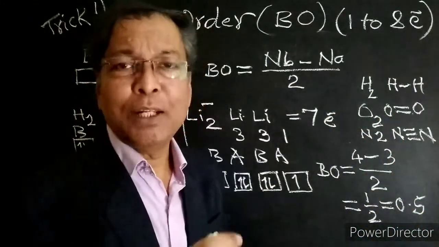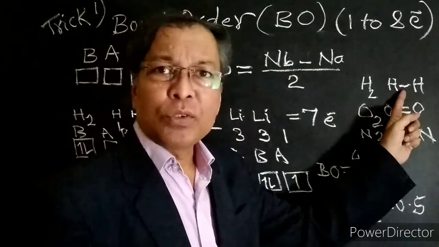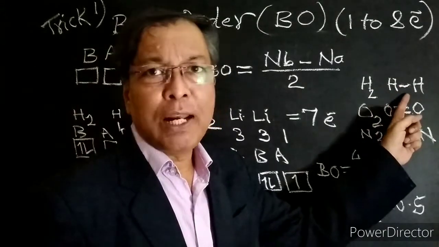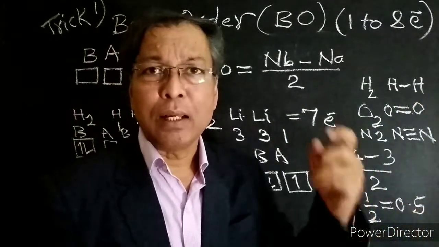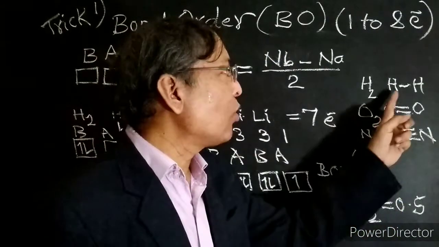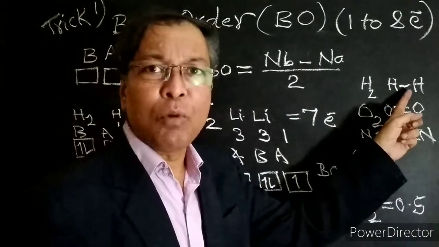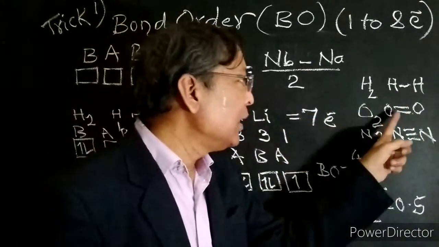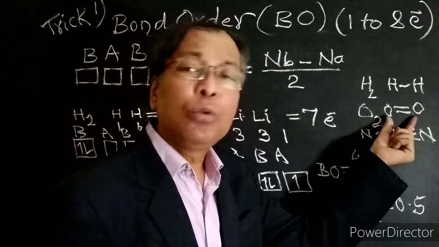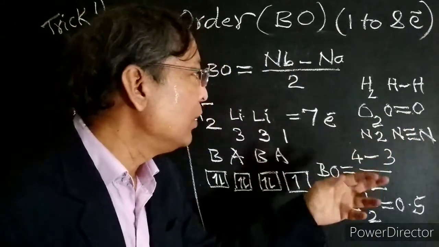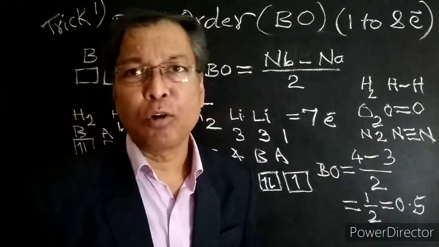If we want to define scientifically what bond order is, we can define it like this: the number of bonded pairs of electrons present between 2 atoms is its bond order. Here one pair of electrons is present in the hydrogen molecule, therefore its bond order is 1. Here two bond pairs of electrons exist between two oxygen atoms, therefore its bond order is 2. In the case of nitrogen, 3 bond pairs of electrons are present, therefore its bond order is 3.